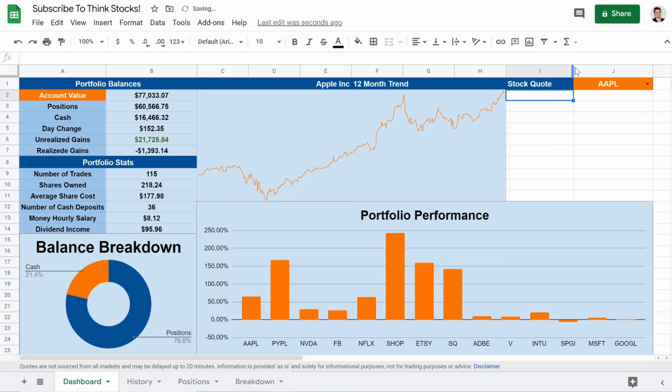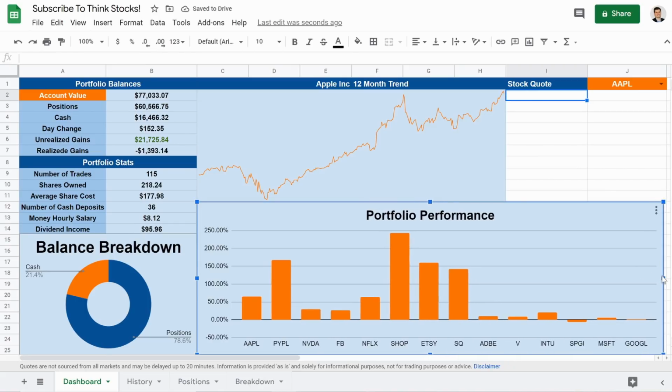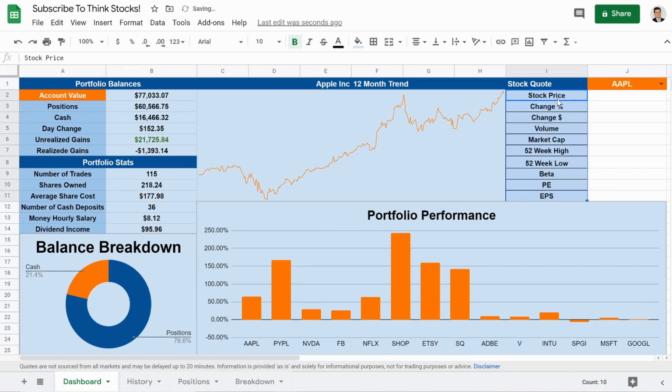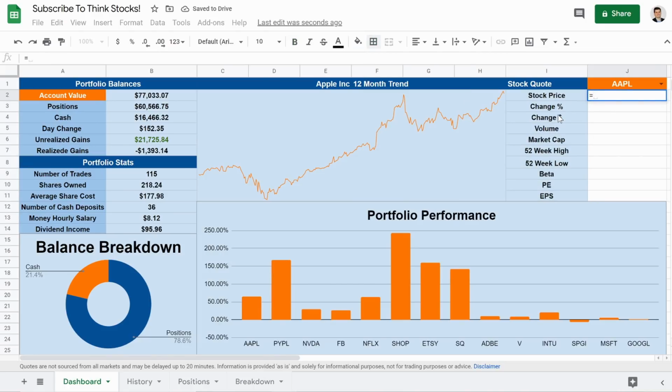All right, so last one, I'm gonna try to make this rapid fire, just really quick, because this is all just a whole bunch of Google Finance formulas. I'm actually gonna copy it from here, where I already have everything. I'm gonna paste it. Don't want borders. Okay, so stock price is gonna be equals Google Finance J1, comma, price,